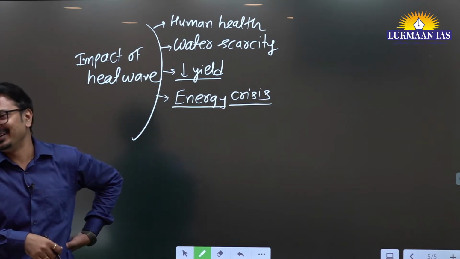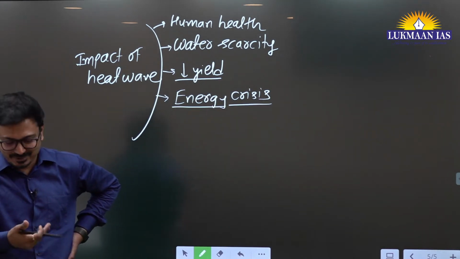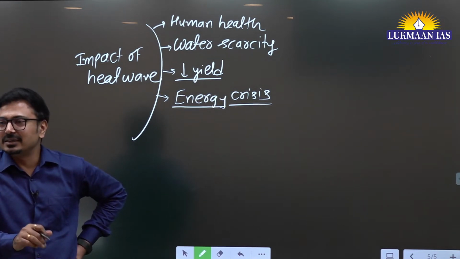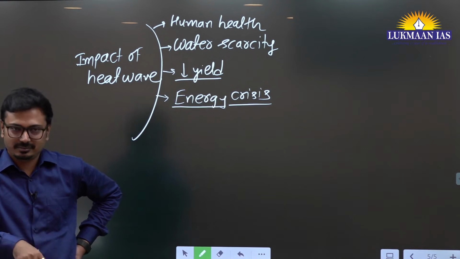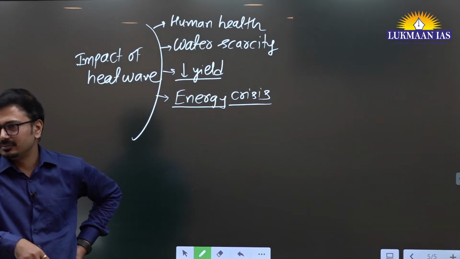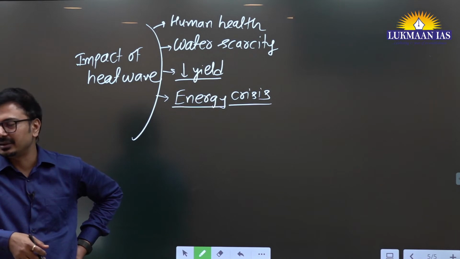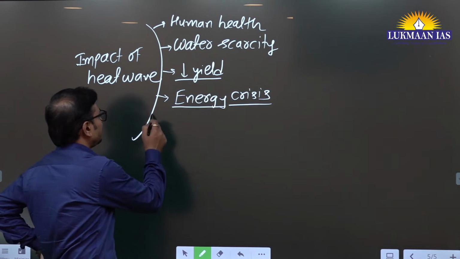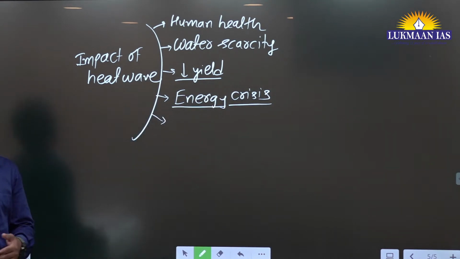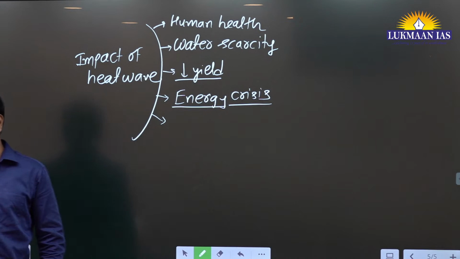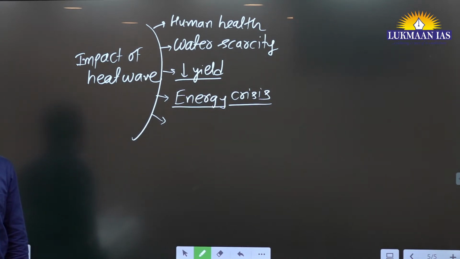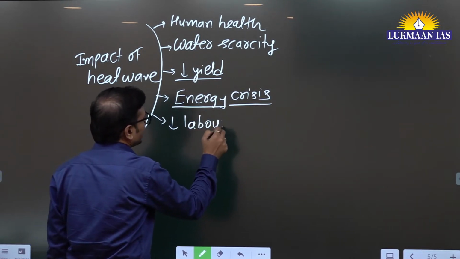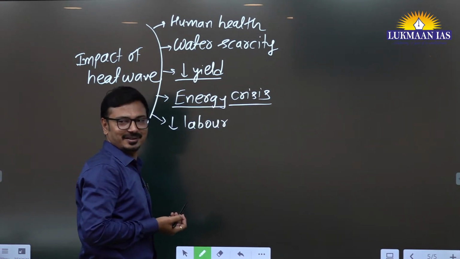यहाँ पे तो कितनी बार लाइट गई है पिछले 1 महीने में, क्लास के बीच में लाइट जाता था, right? So energy crisis, why? Because of excess demand, especially for cooling, AC, refrigerator and all these things, and energy crisis can be there. उतना production नहीं होता है, so it can be demanding for power production. Reduced labor productivity, हम तो ठीक है AC में बैठ के पढ़ रहे हैं, काम कर रहे हैं, but what